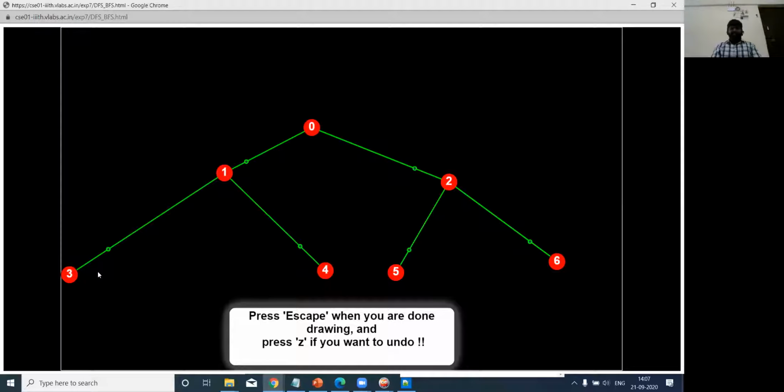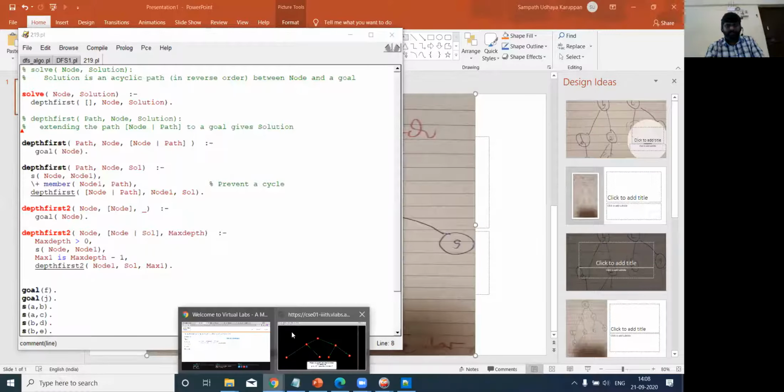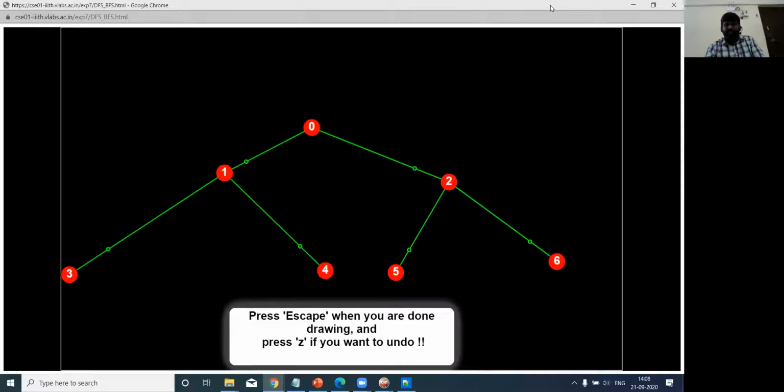Is this screen visible for all of you? Anyone can unmute and say, or can you write it? I can't see the chat box. Is the screen visible? Yes, sir.